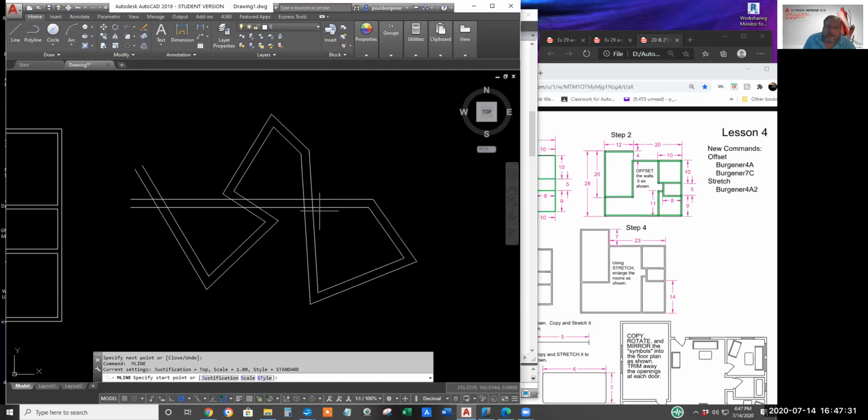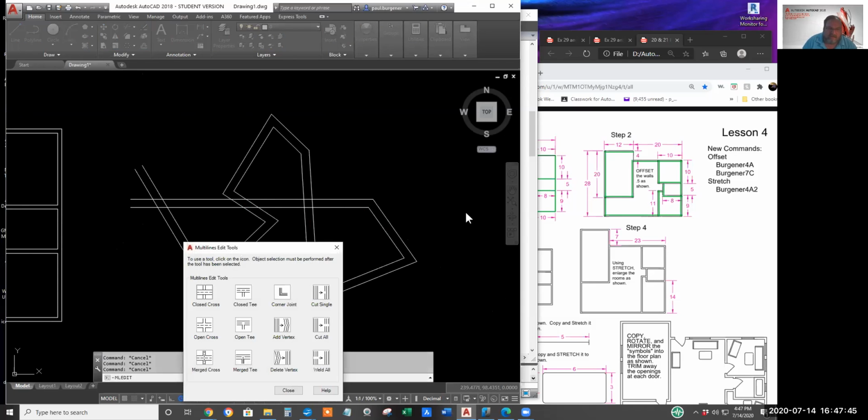The problem was that trimming these joints was unreliable. And that's done with the multi-line edit. Hit escape to bail out, ML edit. Pick the type of editing you want to use.